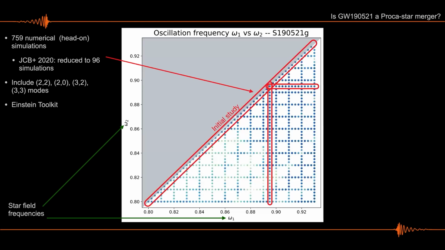So with all of this, we said, okay, let's analyze these 3 events, and the one we initially analyzed, with an enhanced catalog of boson star mergers that we have now extended to almost 800 simulations. At the beginning, we had around 90. We also increased the number of gravitational wave emission modes in there. It doesn't help very much because the new ones are very, very weak. So you preferentially radiate in this case through the 2-2 or quadrupole mode. For those that study GR, the quadrupole formula should be familiar. And the 2-0 mode in the case of head-on collisions.